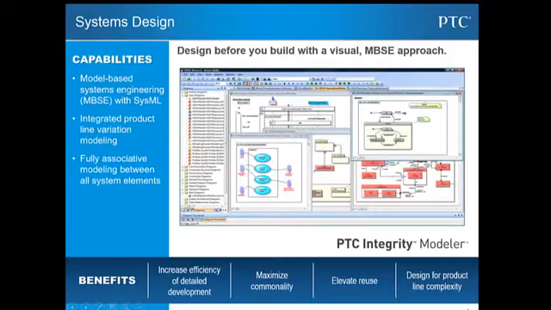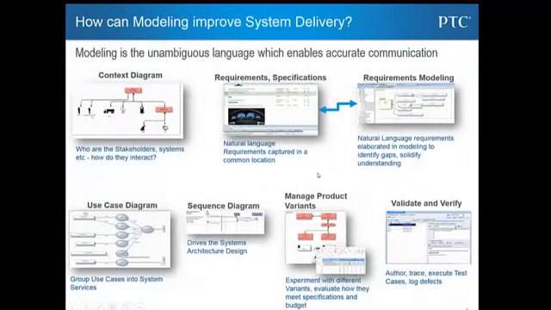Well, modeling is what we want to add together, and this is PTC, our offering in terms of providing all different types of models, and we apply several of those into the process. Context diagrams, requirements modeling, use case diagrams, sequence diagrams. This is not an exhaustive list, but just to give you a sense of what we bring to the table. And of course we integrate it with requirements natural language.